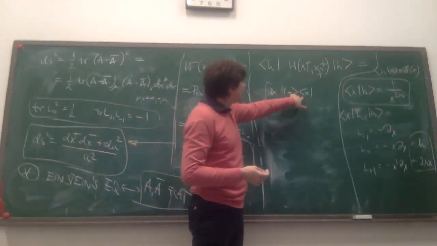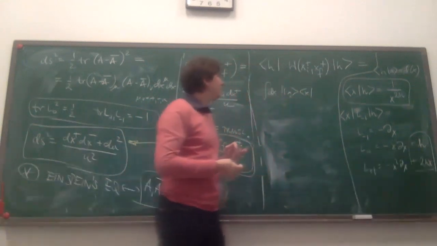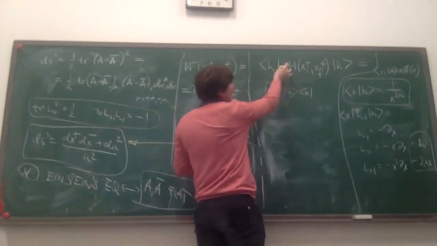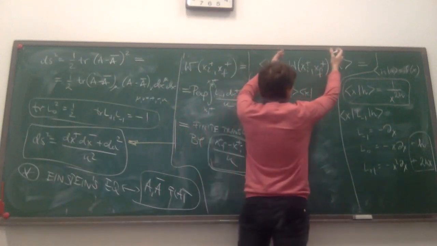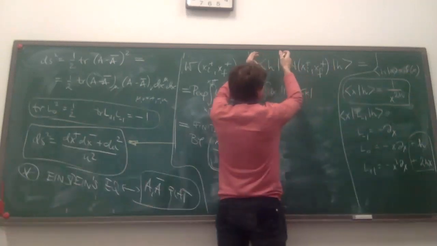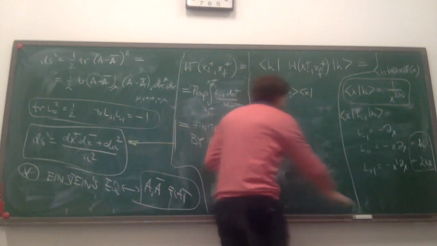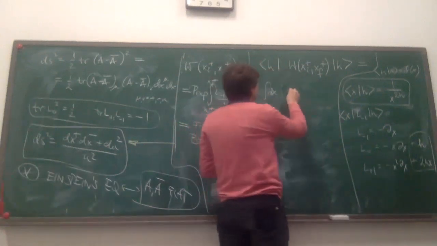Now, having inserted this, I can put this x over here and this x over there. And I guess I need another set of x's. I have to put them both in this place and in that place. That will express my Wilson line in the x basis. It will also express the h and the h in the x basis. So when I do this, I will get something which looks like